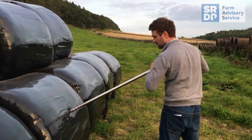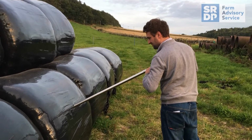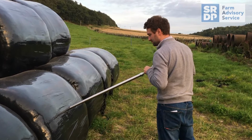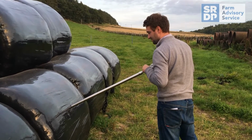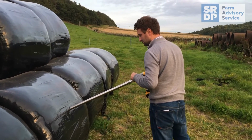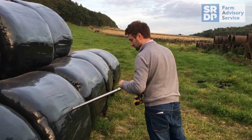So when it comes to sampling the bales on farm as well, ideally once you've brought them in, have them in different stacks depending on what field or what cut they've come from. And for each of these batches I would take 5 core samples from 5 different bales and mix those together